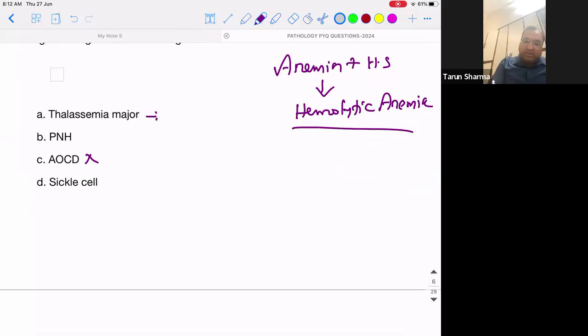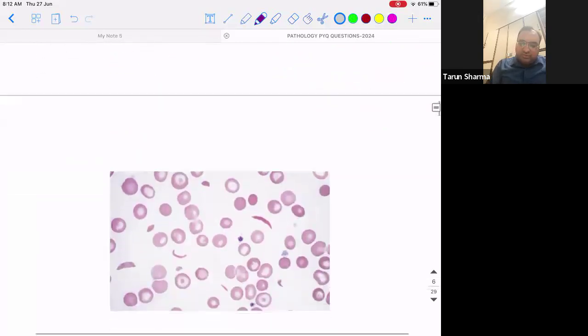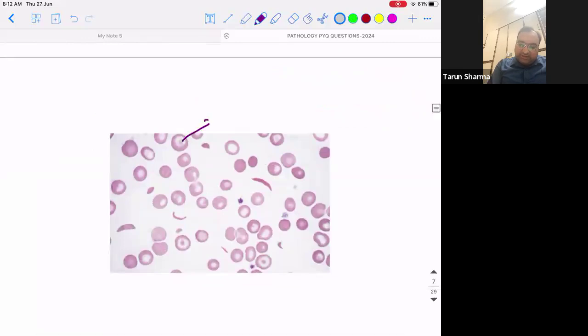Thalassemia major, what peripheral blood film can you get? You can see the target RBCs. That is particularly common in these cases. Sickle cell anemia, you will get the sickled cells. In PNH, what kind of cells? There are no particular cells which are commonly seen in PNH. Okay. So here you can see target cells,